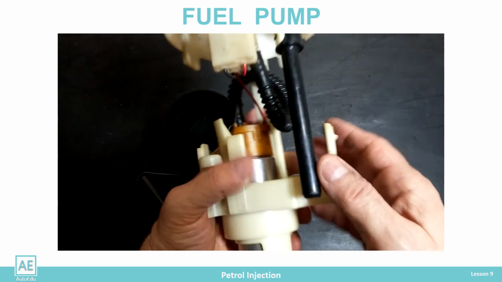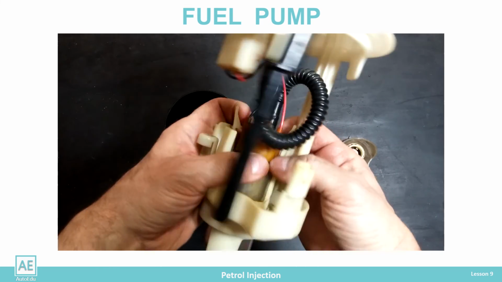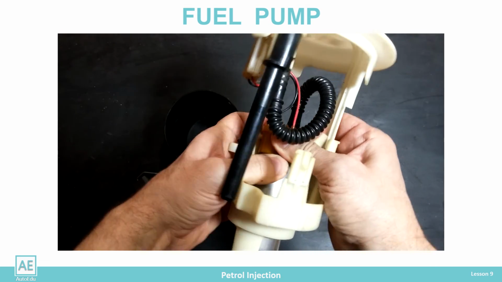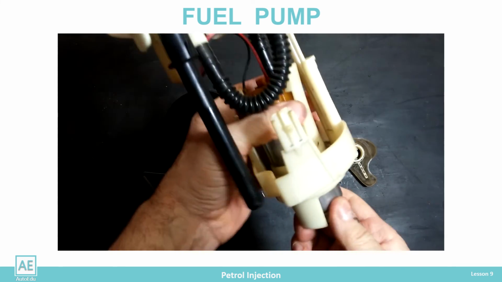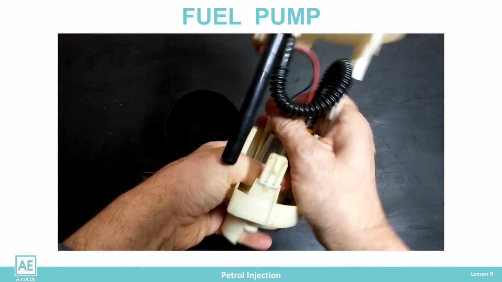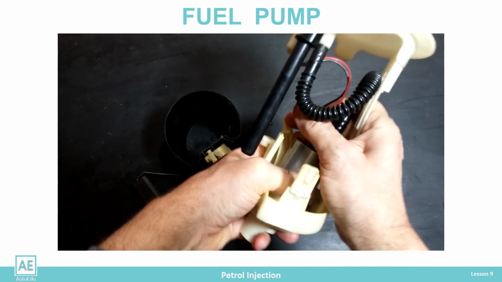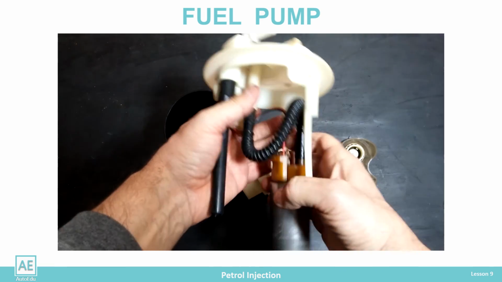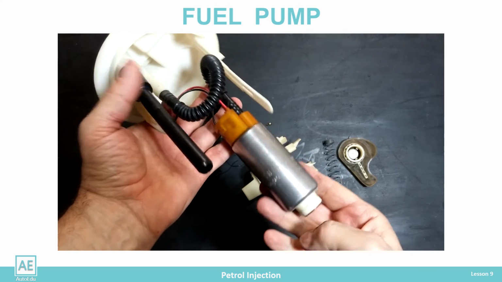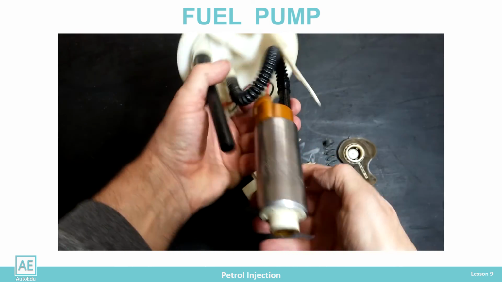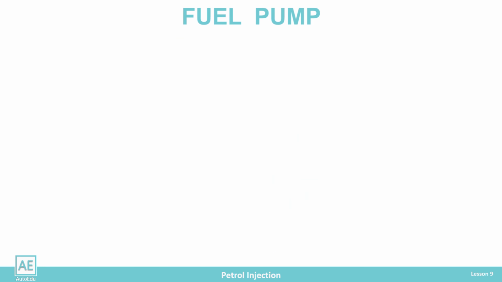When there is sludge in the tank, it accumulates on the pre-filter, preventing the fuel flow and making the engine difficult to run. In this case, the pump module is removed and disassembled to clean the filter. When replacing a faulty fuel pump, the pre-filter is also changed. Otherwise, manufacturers do not provide a warranty for the pump.